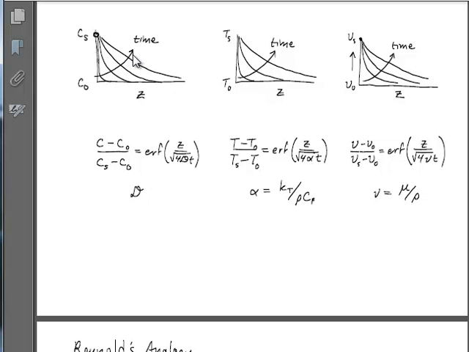So the analogous problem in the theory of heat transfer is that you take an infinite depth of liquid initially at one temperature T naught, and you somehow change the temperature at its surface to Ts, and the solutions from Fourier's law will